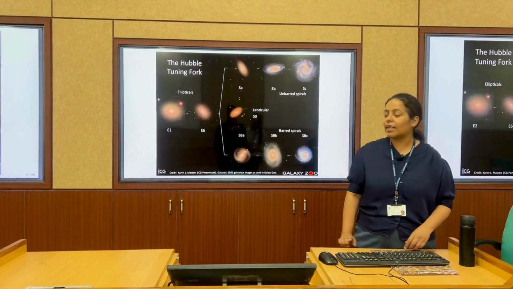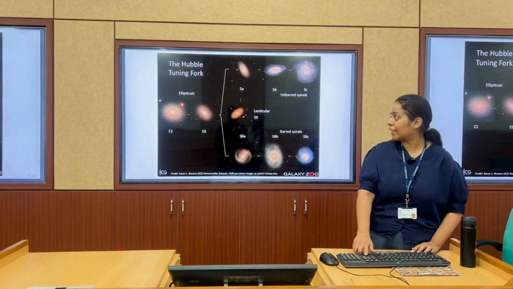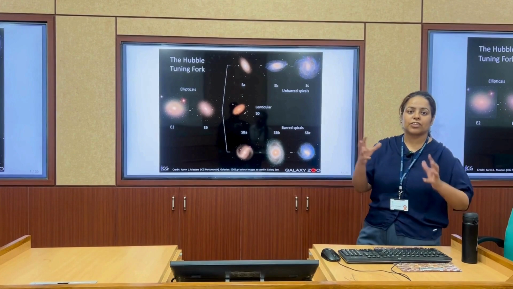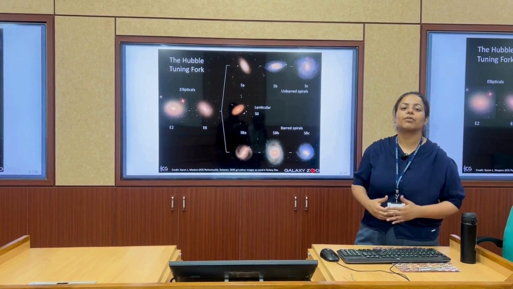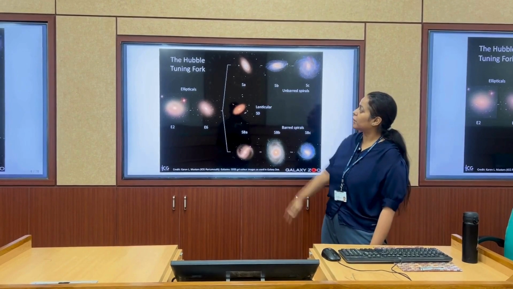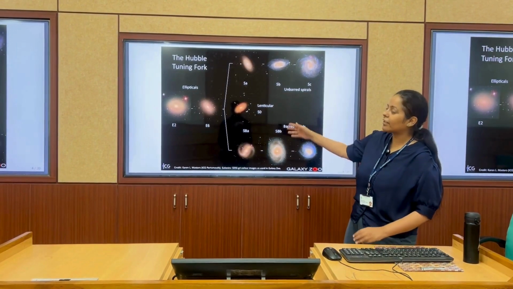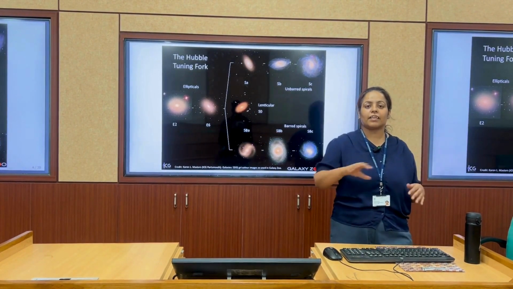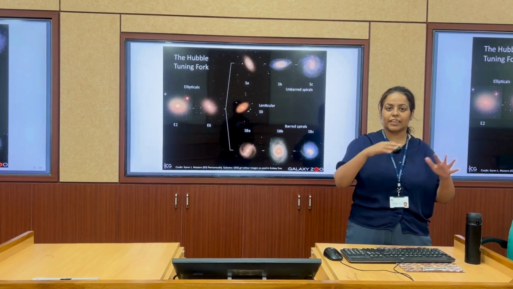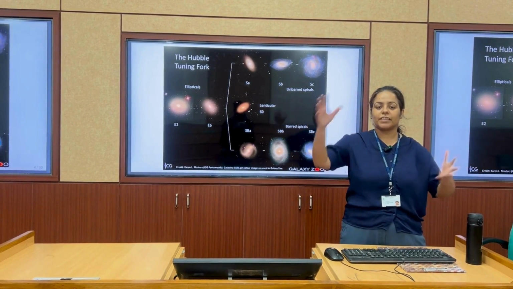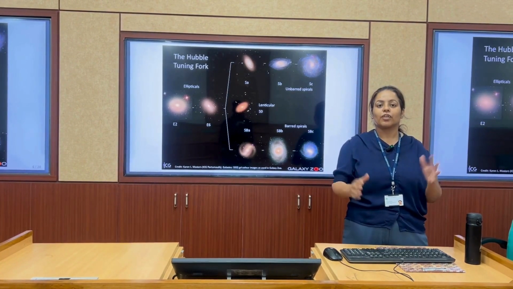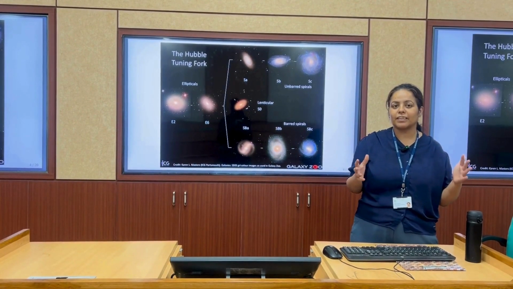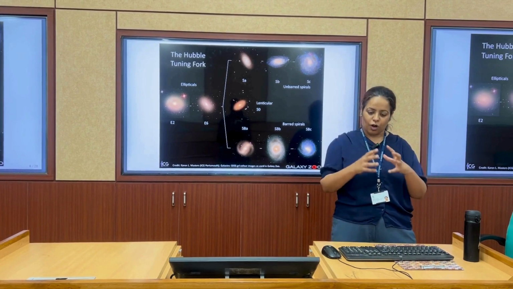But one thing that can be easily done with these galaxies is that they can be classified according to their structure, according to their shape, according to their morphology. This is the Hubble tuning fork diagram. So either the galaxies are ellipticals, meaning the stars rotating around the center of the galaxy are in various orbits. The orbits are not confined to a plane. So overall the distribution of stars is like that of particles in a football or a rugby ball of different